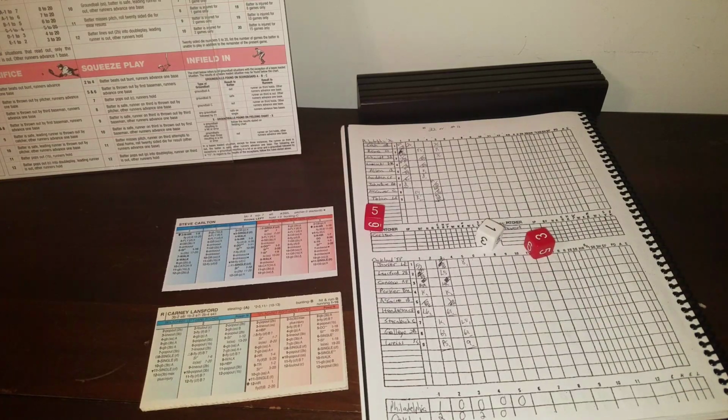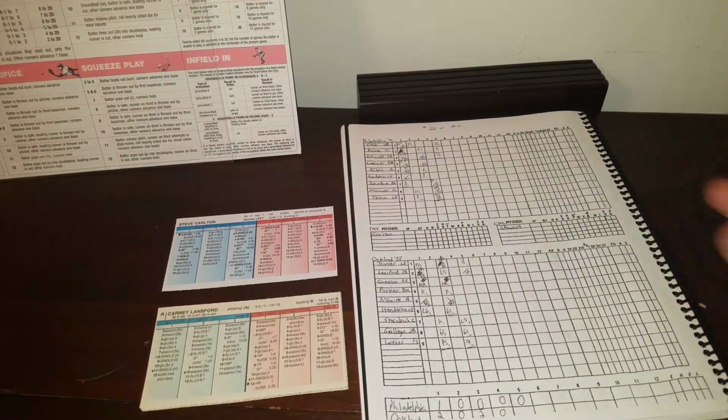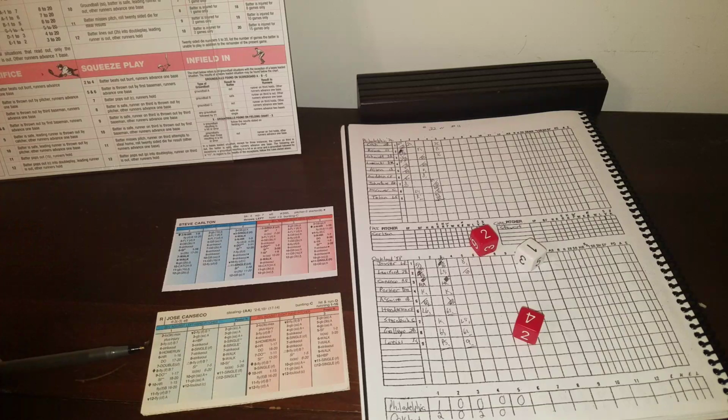1-8 against a lefty, and that's a solid single for Lansford. Now, he stole a base his first time up. I think he's going to sit still this time and let Canseco hit. He will be held, of course. 1-6 for Canseco, and he's got a chance for another home run. 1-16, it would be his 3rd home run of the game, and Carlton would just quit, I think, at this